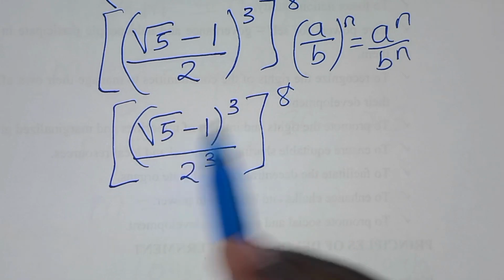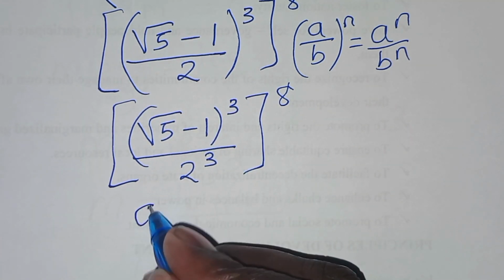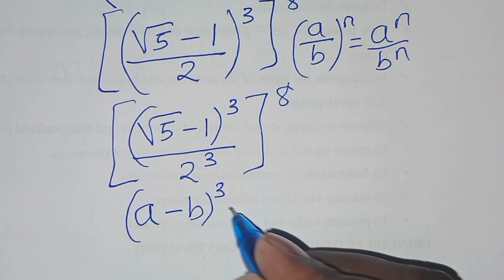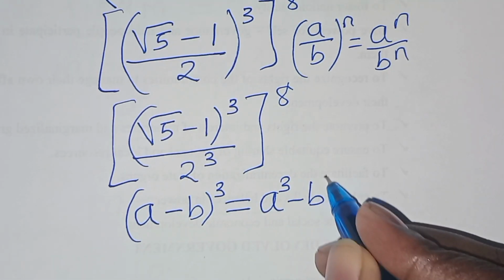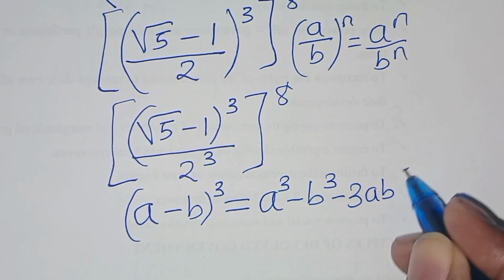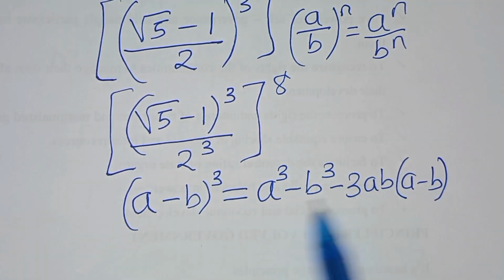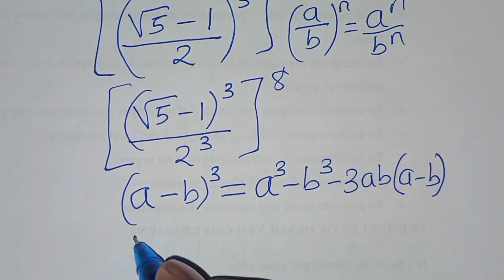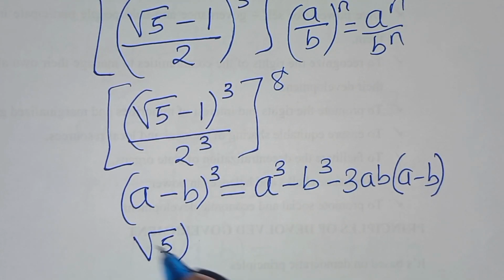So this implies here that (√5 − 1)^3 is in the form of (a − b)^3, and this is the same thing as a^3 − b^3 − 3ab(a − b). So let's apply this property so that now we'll have, in the numerator, (√5)^3